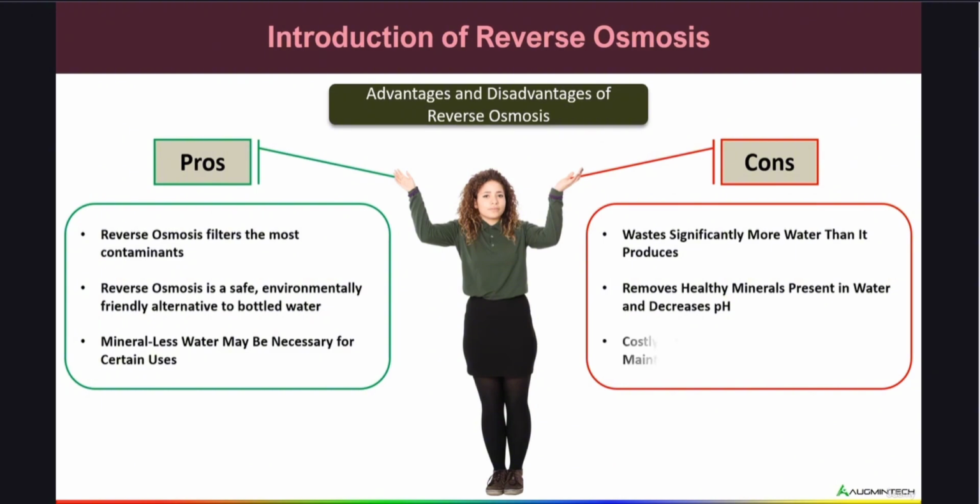And the next point we have is that it is a costly installation and requires expensive maintenance. Finally, reverse osmosis filtration systems are expensive, and it is a difficult and complex process. Once a reverse osmosis system is up and running, it can also be costly to properly maintain and may require professional maintenance to ensure safety and effectiveness.